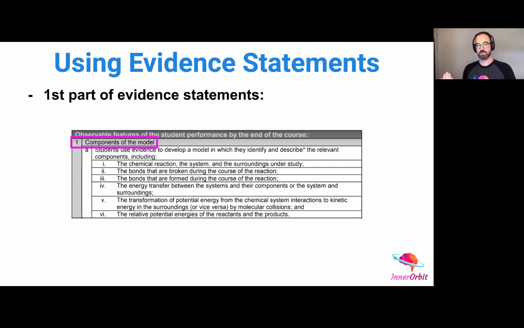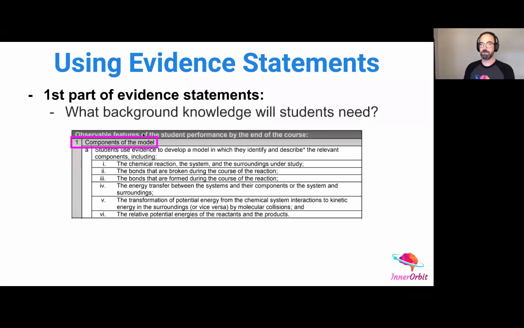clusters of questions. So the first part of evidence statements details what background knowledge students need, what basic knowledge and or skills they need. So for this, we're looking at, what do students need to describe chemical reactions? And it gives a line item list of each of the things that students should know. This isn't an absolute checklist, but they're suggestions for things that we could assess given the context of what you've